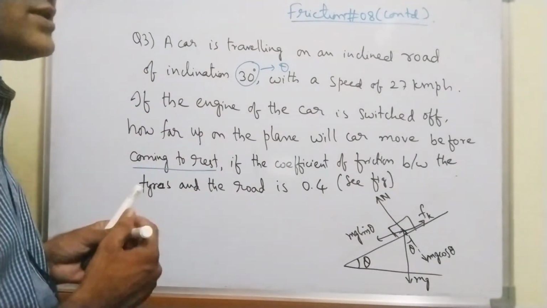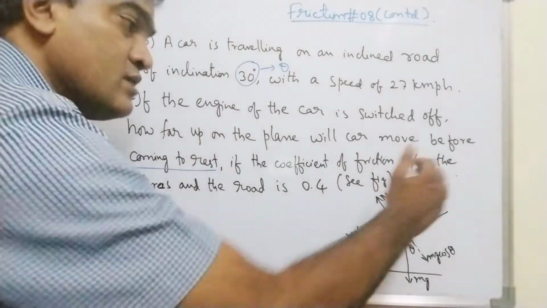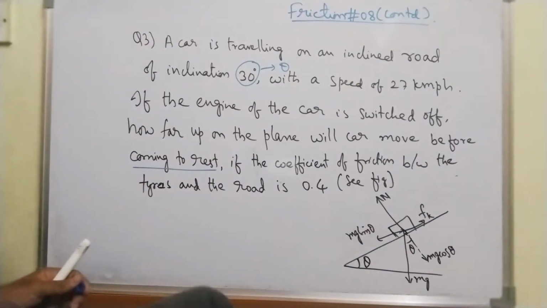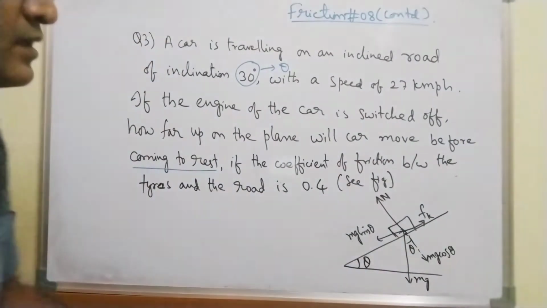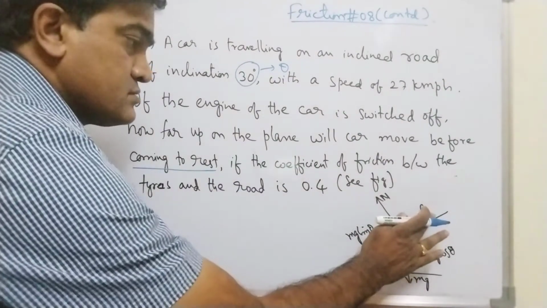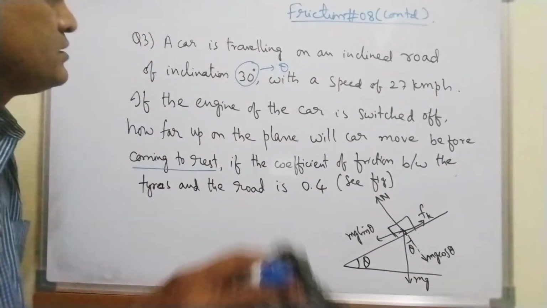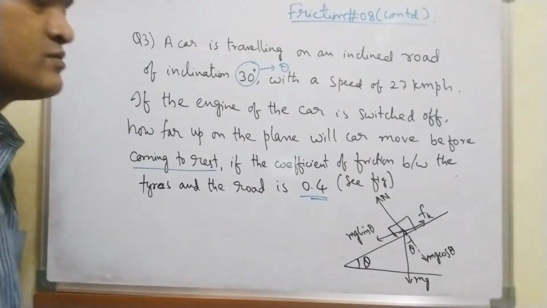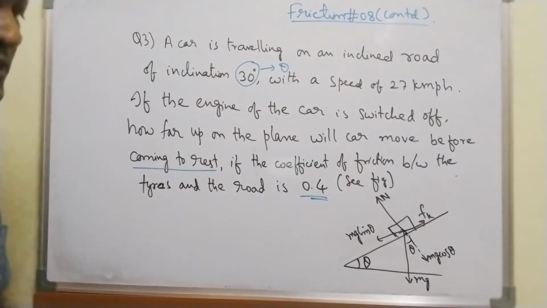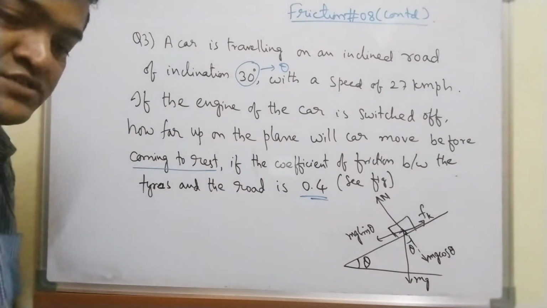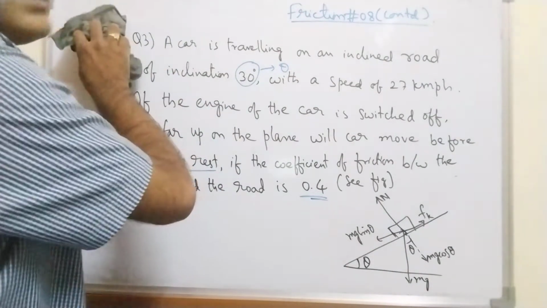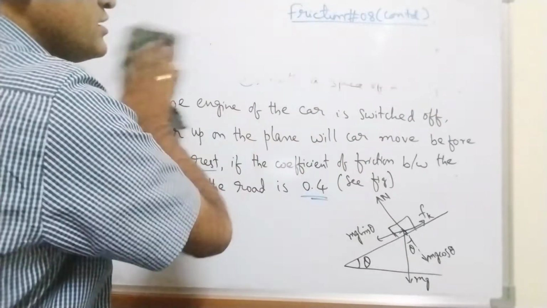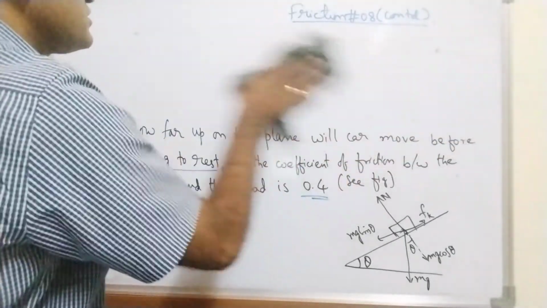Before coming to a stop, the car is still moving upwards. So let me take the friction, mu k, as 0.4. What is the velocity given? Let me erase the question so that you can start doing. If you want, you can try this.